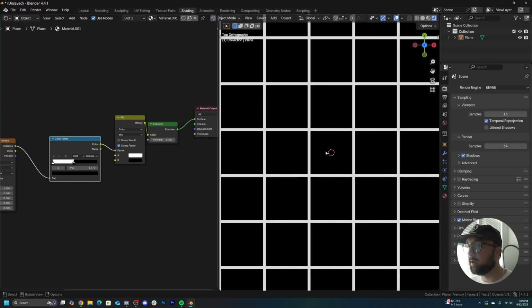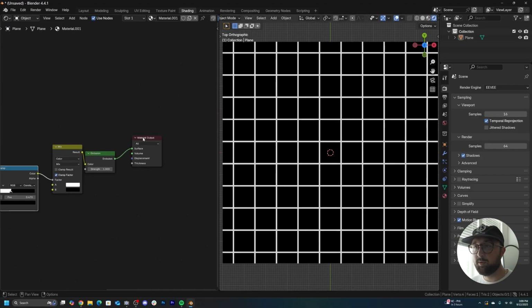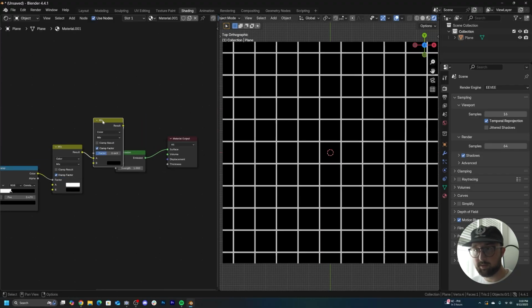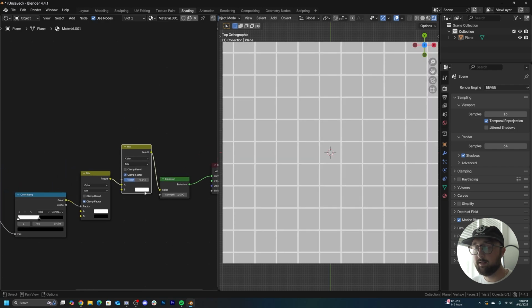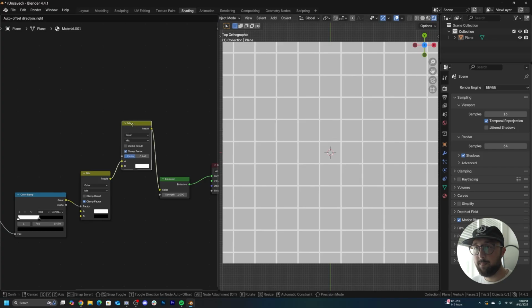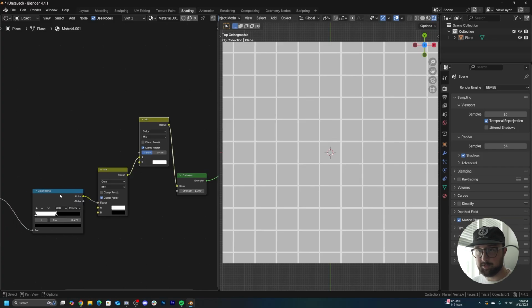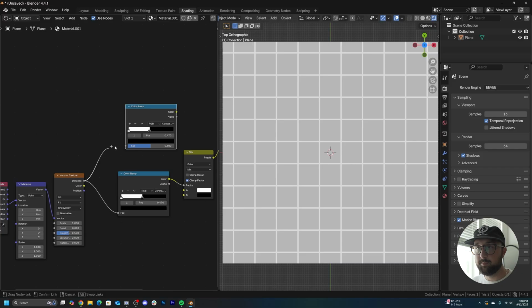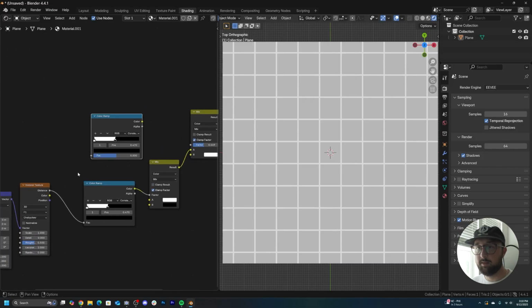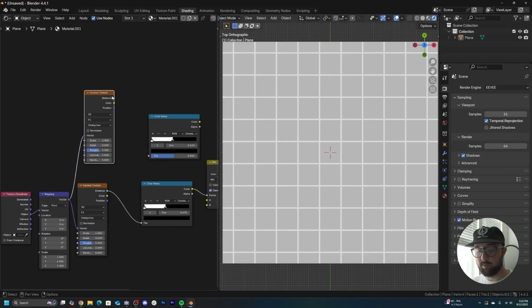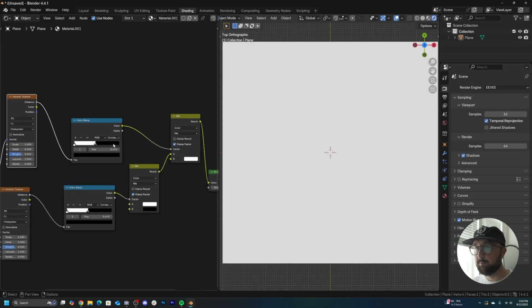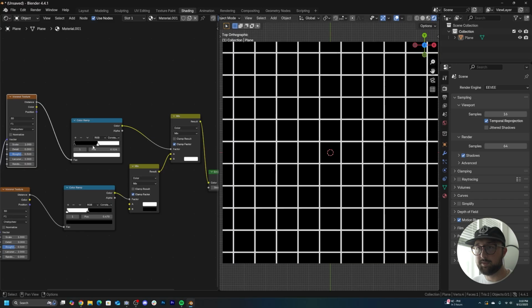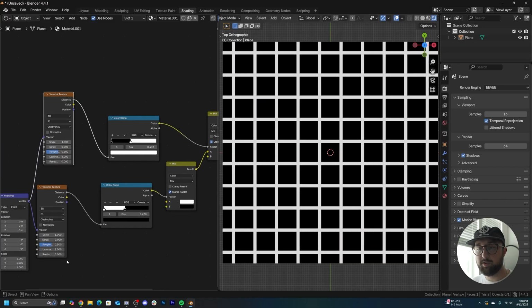So now let's make a checkered pattern. So what I'm gonna do is get another mix, and then we'll make B white. We'll get another color ramp. We'll actually just duplicate this color ramp, plug it here, and then duplicate this Voronoi, hitting Control Shift D so it stays connected. Plug, plug. What we need to do is flip this color ramp so he's like this. You're going to see that happen. What we need to do is say he's a scale of 1. Let's try a scale of 4